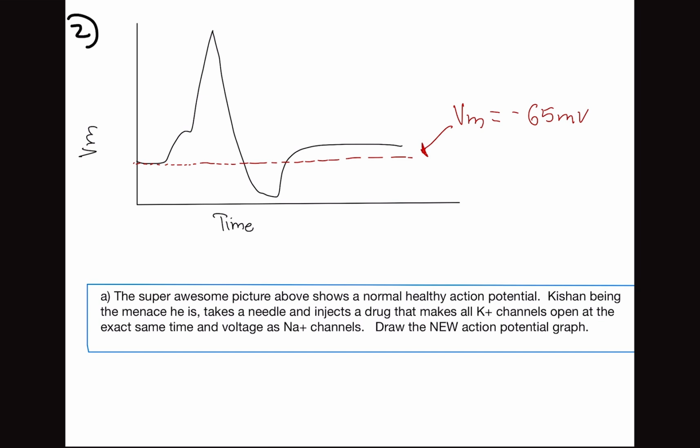Okay, in one of my videos, the potassium channel video, I believe, I said the potassium channels open at a later time than the sodium channels. They're slower to open and slower to close. That's why we get this normal looking action potential graph. Now let's see if they open at the same time. If sodium channels open and potassium channels open at the exact same time, at the same voltage, what would it look like? Well,